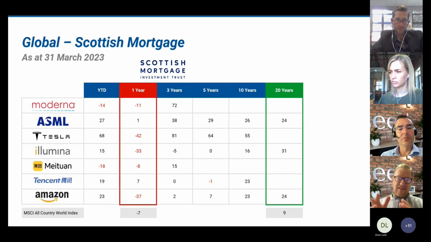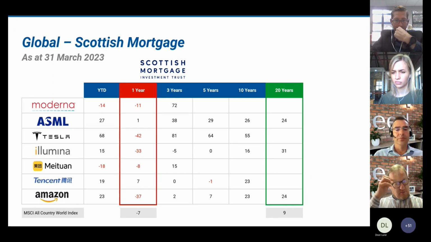And you can see they've had an exceptionally more difficult time over the 12-month period, especially with some of the names, the Amazons of the world, the Tesla, which is a high growth, exceptionally high growth type business with big drawdowns. But again, investing into companies like ASML, which you may or may not know. I mean, it's the business that creates the machines that create the microchips. So it's a Dutch business, and it's one of the main, if not, it is the main player.